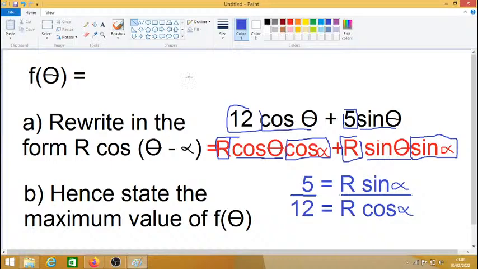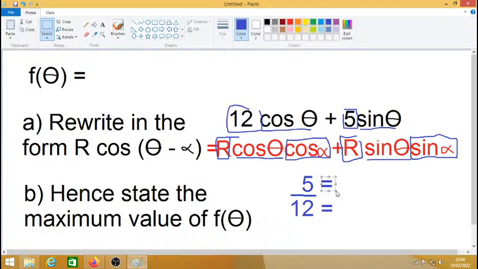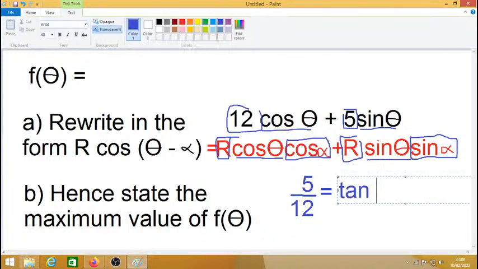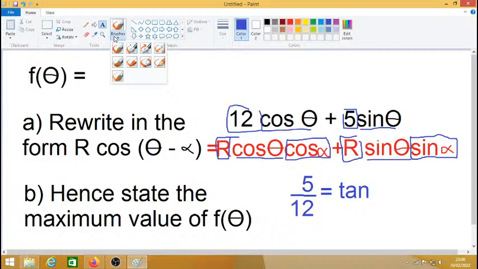So we're dividing both equations. The sine over the cos will end up with tan, but more than that, the r will cancel out. So you're just left with tan alpha on the right-hand side. So this becomes just tan alpha, and you need one equal sign. Tan alpha is equal to 5 over 12. Well, that's easy. You can just type that into a calculator, inverse tan 5 over 12, and you'll figure out